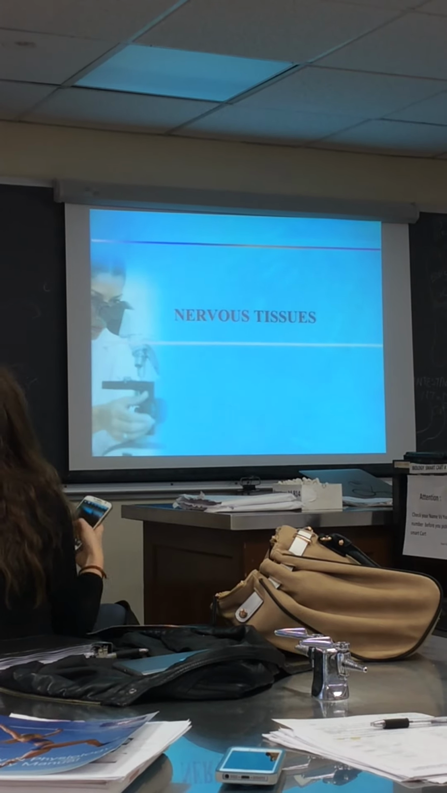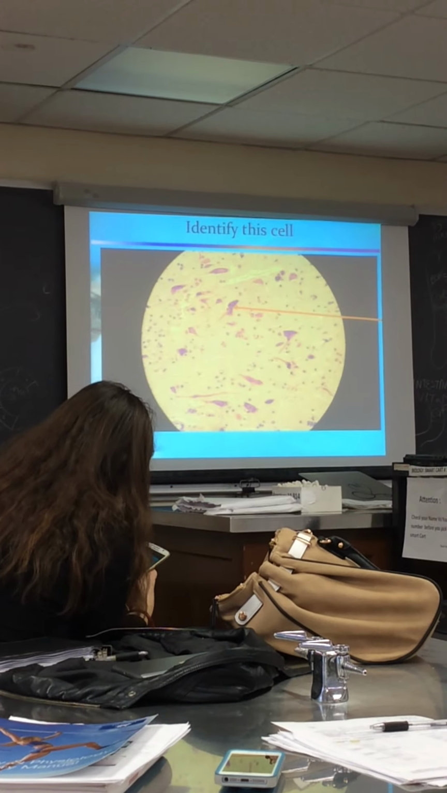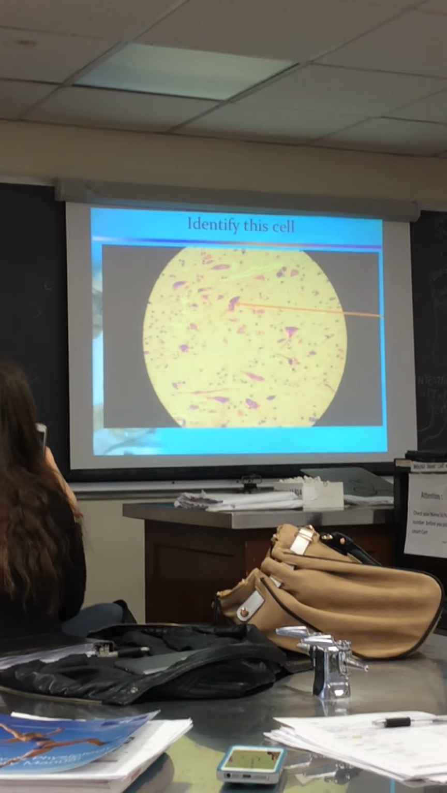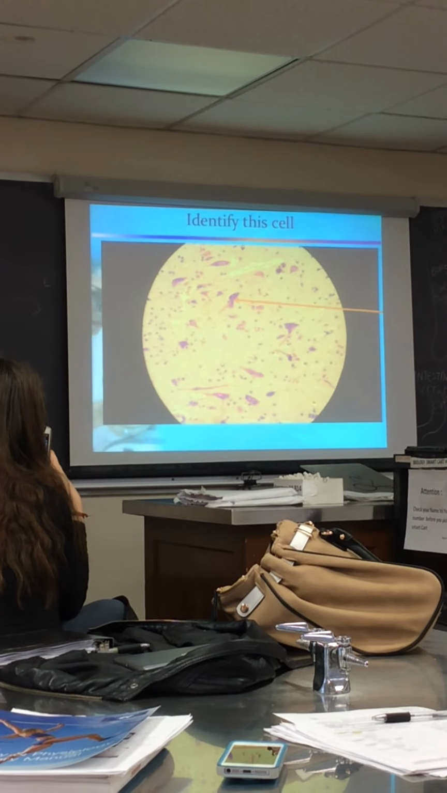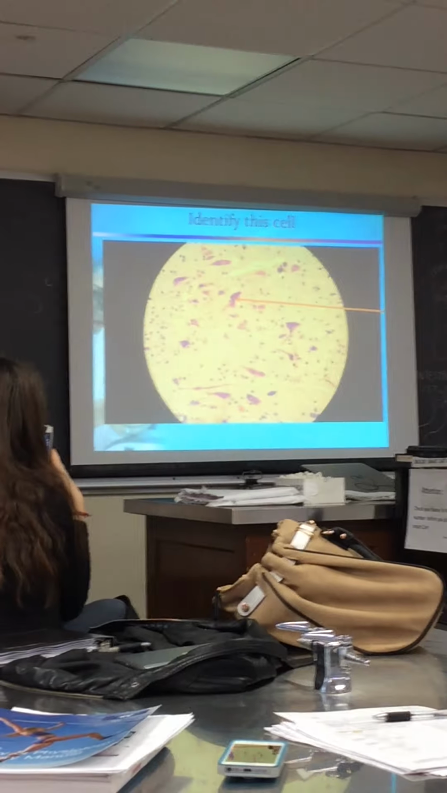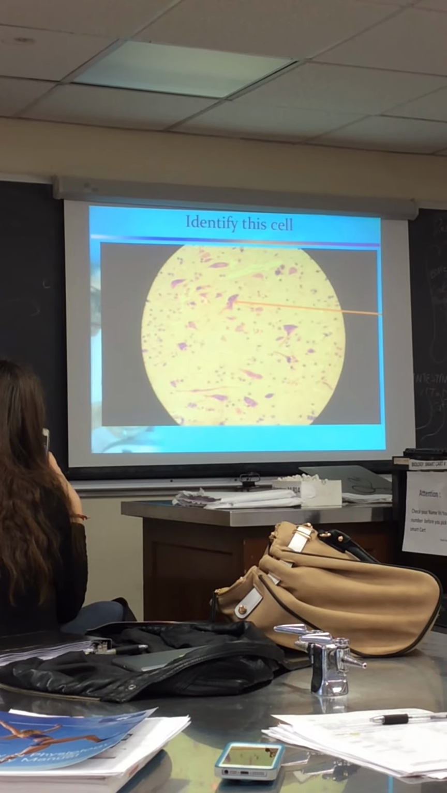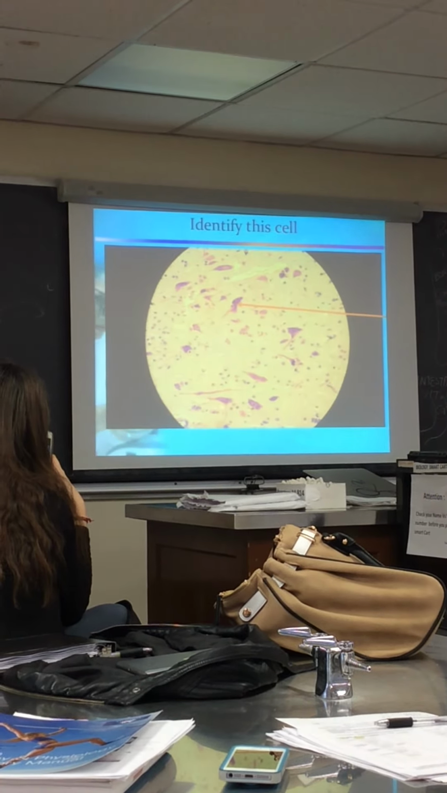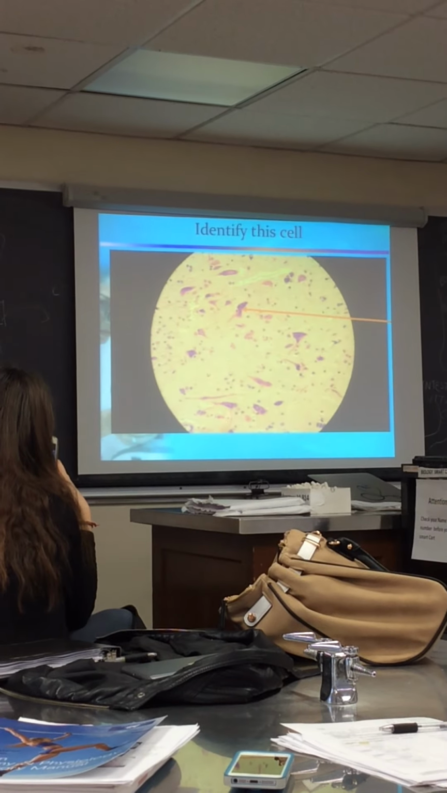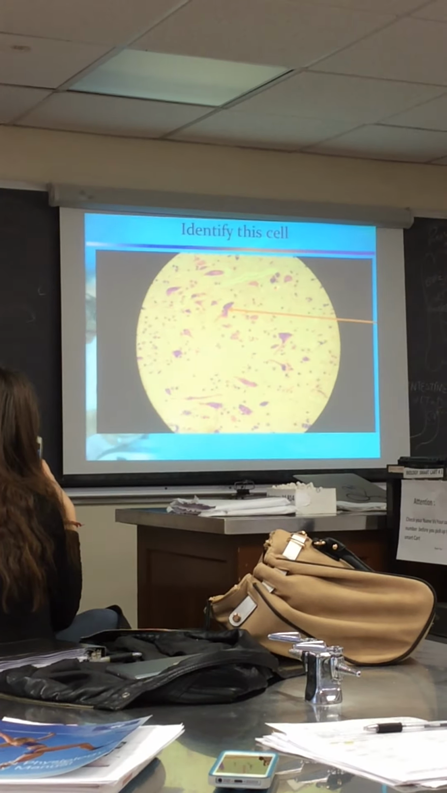Any questions? Last one, nervous tissue. So what cells are these? All of these big purple cells. Neurons. And they have cytoplasmic extensions that receive signals. What do we call those? Dendrites. What are the cells near